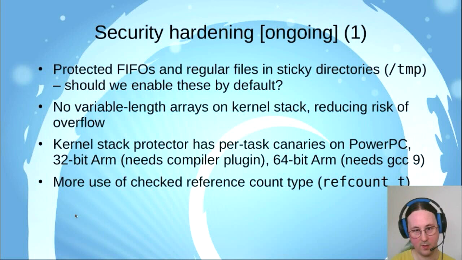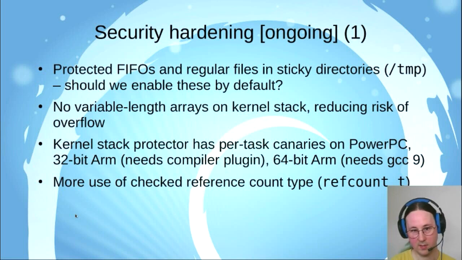Variable length arrays are a C language feature that enables you to use quite a lot of stack space, potentially more than exists in the kernel. Most uses of variable length arrays in the kernel are or were bounded so that it wouldn't result in a stack overflow, but there was always the risk that someone would leave out the necessary check. So those have been completely removed from the kernel, either converted into fixed length arrays or heap allocations instead.